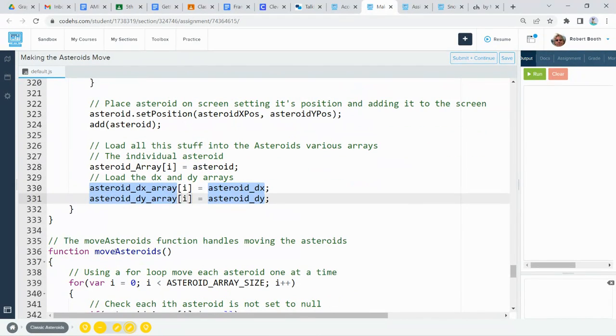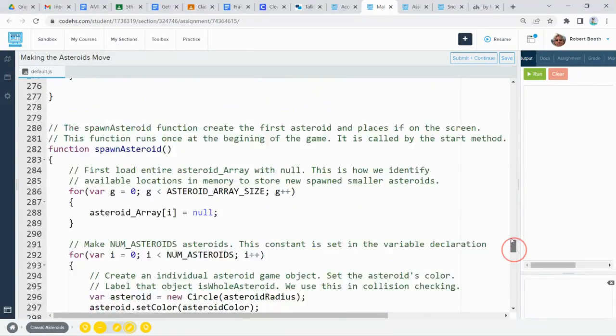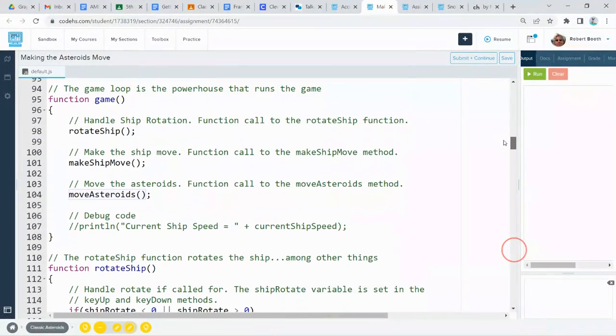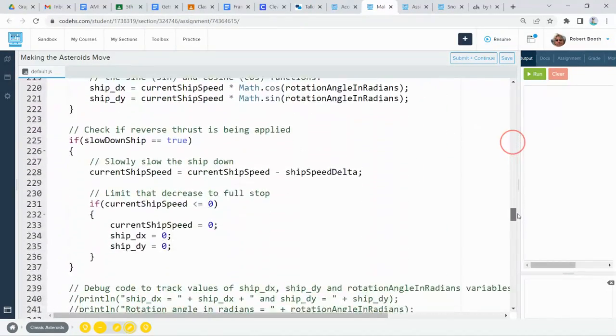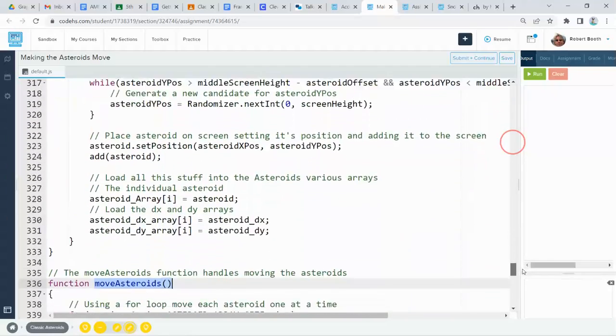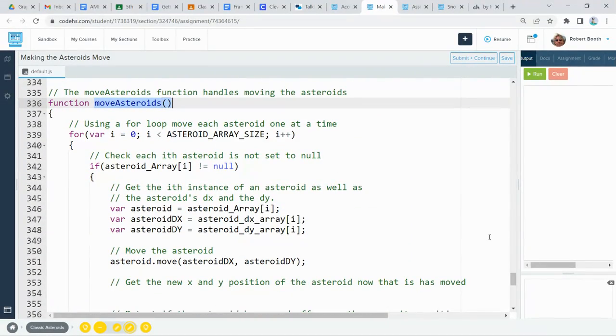Then we put the function call to move asteroids up in the game loop right here on line 104. And then we started to add code down here into move asteroids. Move asteroids uses a for loop so it can go through the asteroid array and find each of the individual asteroids that exist. And once it's found an actual asteroid, one that does not equal null, as it's going through the for loop,